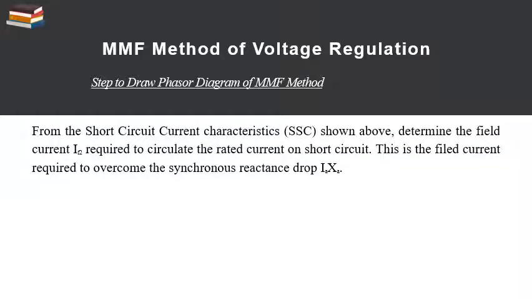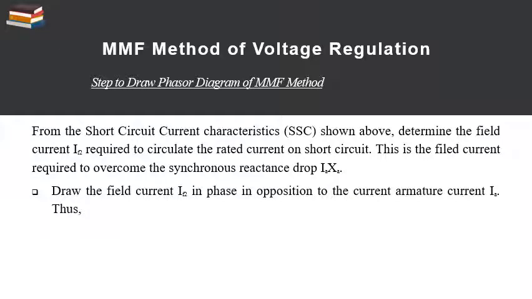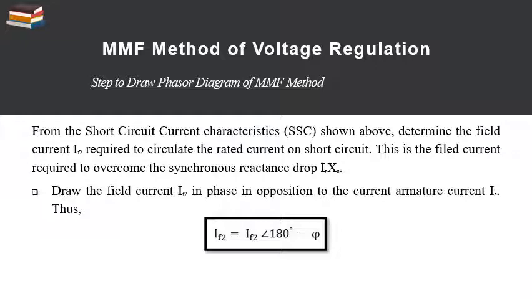From the short circuit characteristics shown above, determine the field current IF2 required to circulate the rated current on short circuit. This is the field current required to overcome the synchronous reactance drop, meaning the IA into XA drop. So number 1, draw the field current IF2 in opposition to the armature current IA. Thus, IF2 is equal to IF2 angle 180 degrees minus phi. ये फेजर डायग्राम में हम ड्रॉ करेंगे।